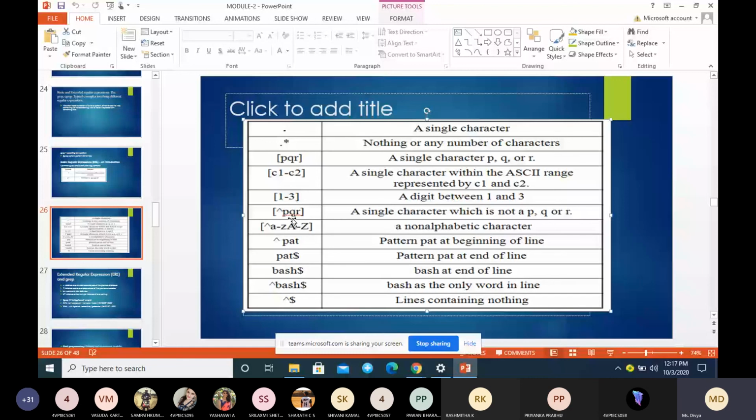So we can use this caret symbol twice, inside angular brackets and outside, and it is different if you don't use it inside the angular bracket. Be careful about these two, don't get confused. Inside angular brackets it is for not matching. Outside, this is for the beginning. And what is the dollar symbol? It is how we can match the end of the line. So this is all about the different regular expressions.